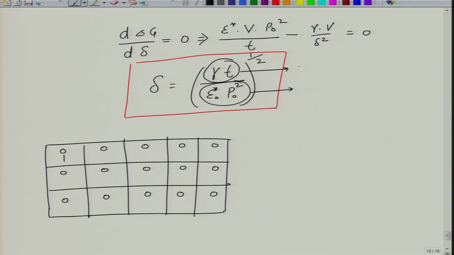So, this is all pointing up. Okay. Creation of a domain wall, let us say at this point. So, if you create a domain wall here,